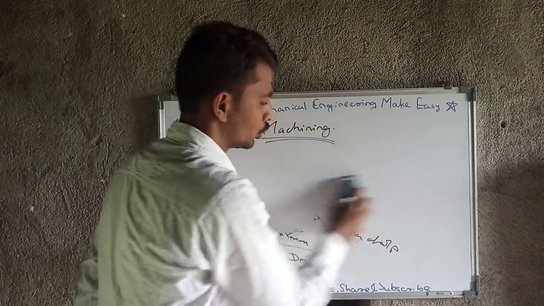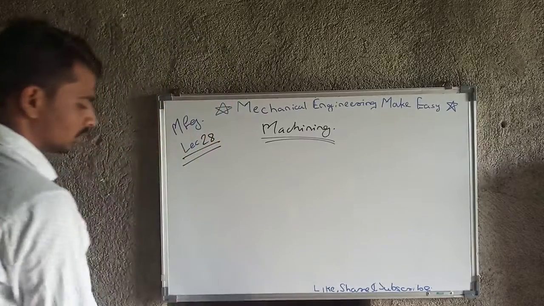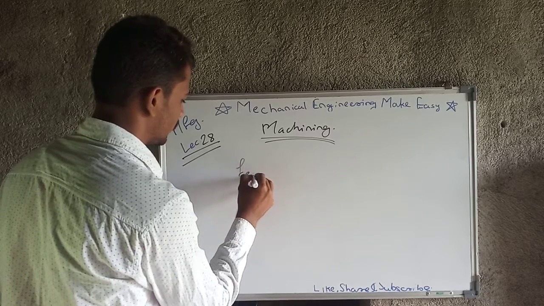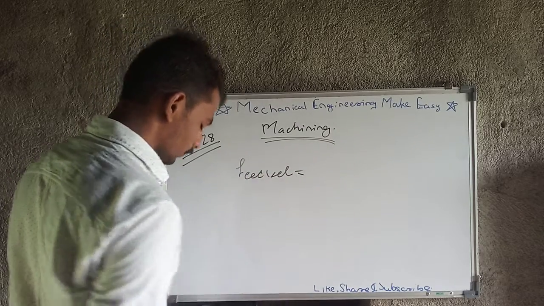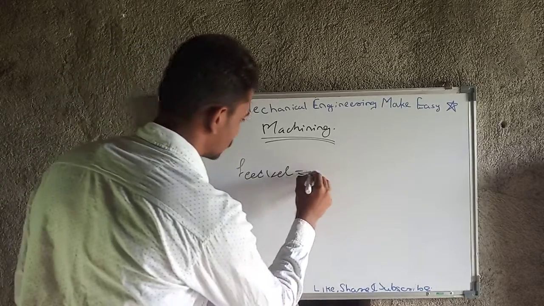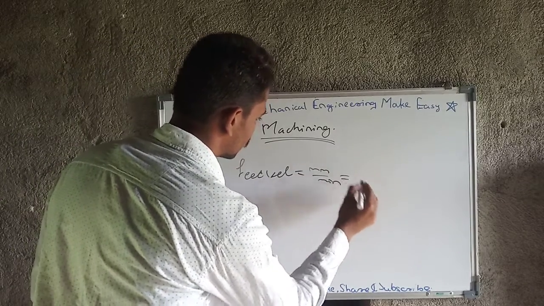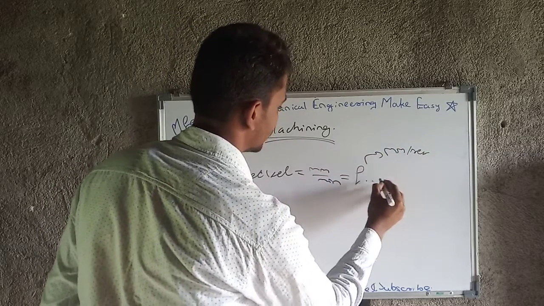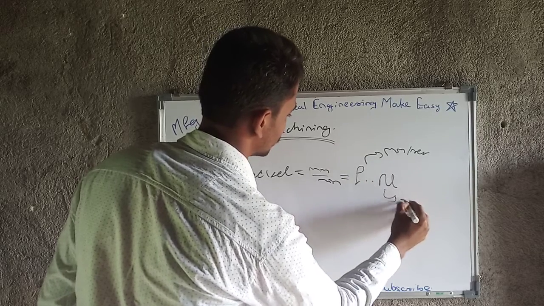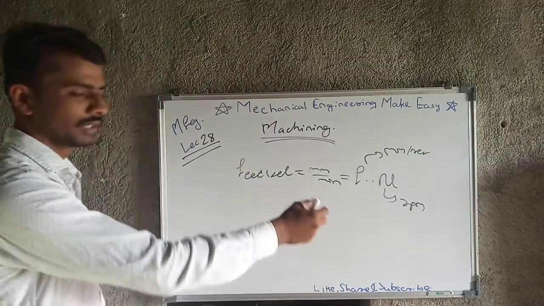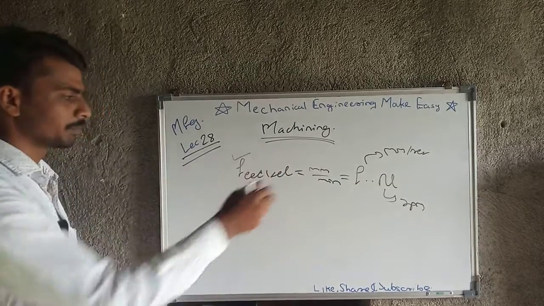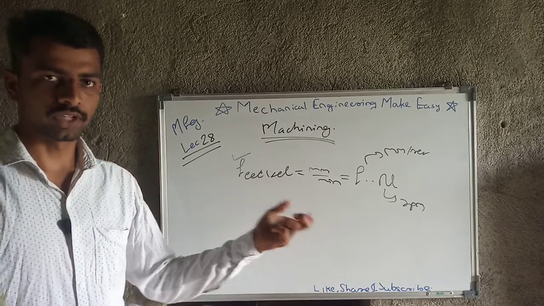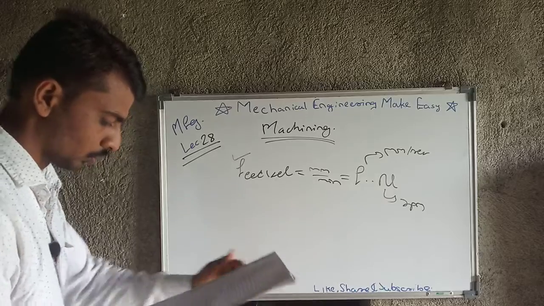Okay, then there is another term, that is nothing but feed velocity. Feed velocity may have two units, mm per revolution, mm per minute. So according to that unit the parameter changes, like if we need the feed velocity in mm per minute. Okay, and this f, that is nothing but feed, that is in mm per revolution, then just multiply by n, that n is nothing but RPM, so we will get the unit in mm per minute. I have given you this in the previous lecture also, the idea about feed velocity, but again the use of feed velocity is there here, that's why I am coming to that point again.